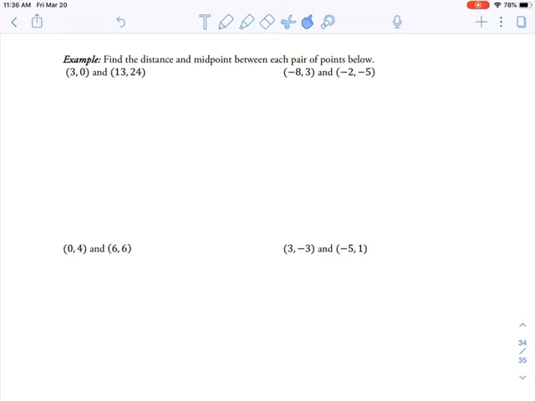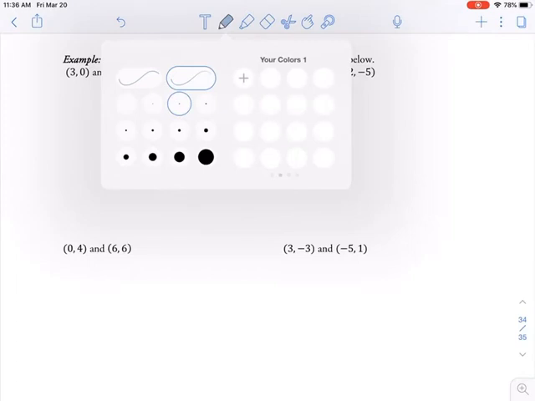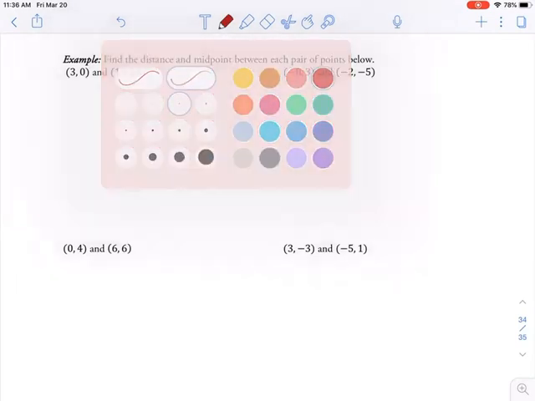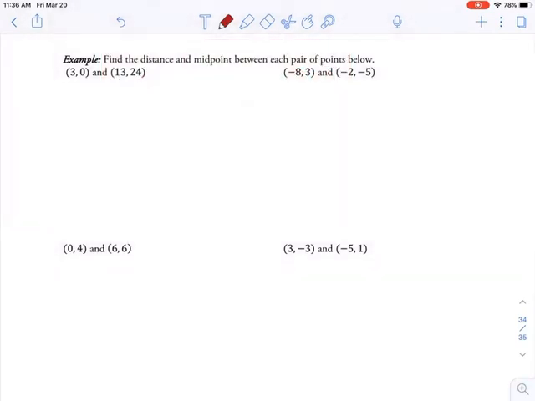Okay, so we can talk about the distance and the midpoint between each of these pairs because we have formulas for both of those. So let's start off with doing the distance and midpoint of this first example. If you would prefer to do all the distances at the same time and then all the midpoints, that's up to you, but I'm going to go example by example, so finding the distance and the midpoint between each. Okay, let's start with distance, just because I said it first, and that's fine. So again, distance